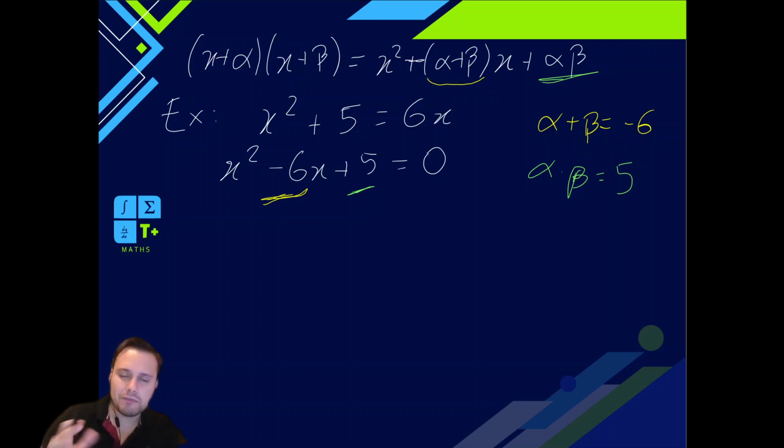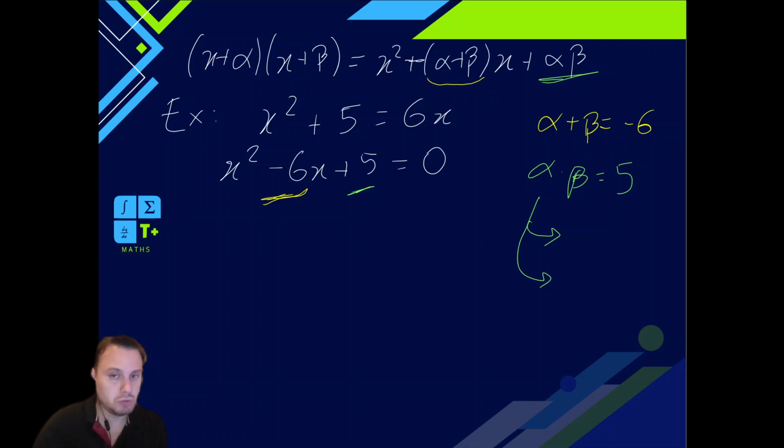The idea for this method to work is that these numbers must be easy to find. If we have to use rationals or irrationals, then it's not going to be the most effective method. We need to think of this as something that would happen easily. So we can say from this one,